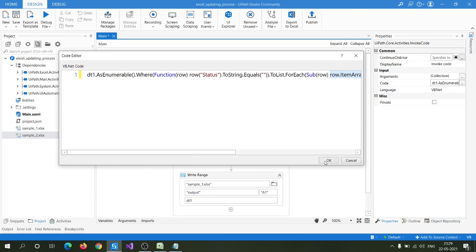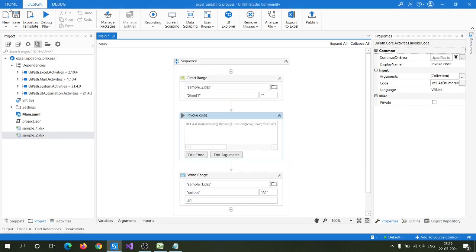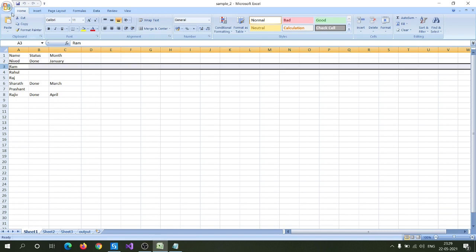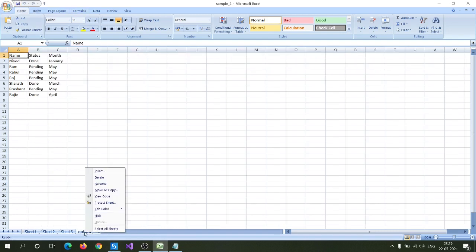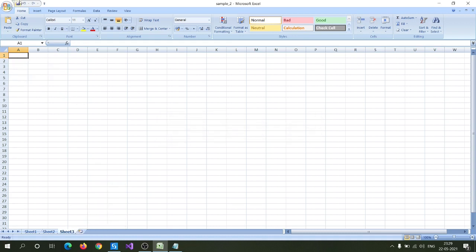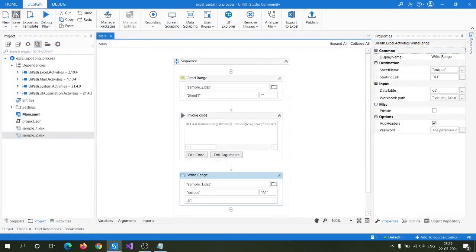Let me click OK and save it. Okay, fine. Let me close this one. Before that, let me delete this output sheet also. Save it and close it again. Let's see whether it's working fine or not.